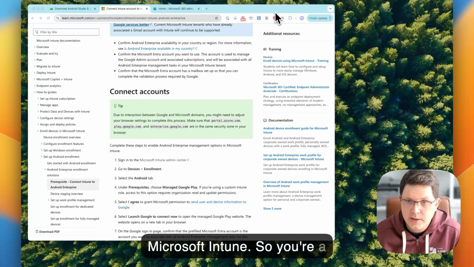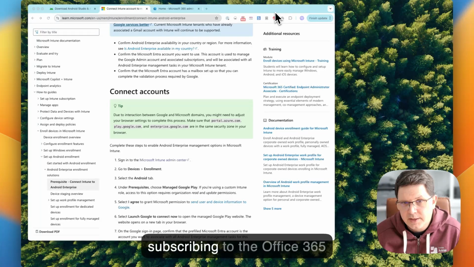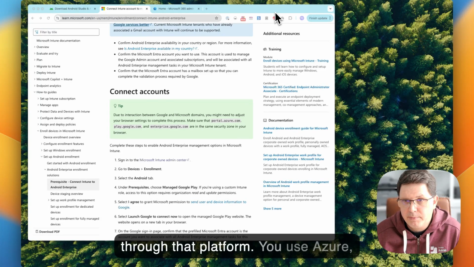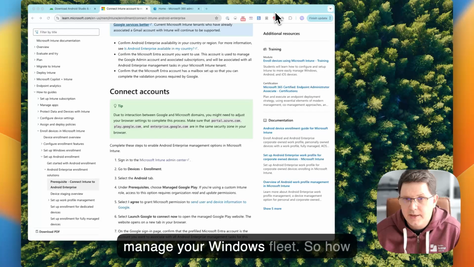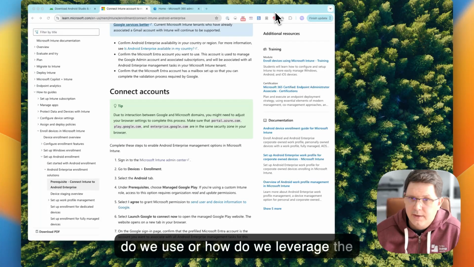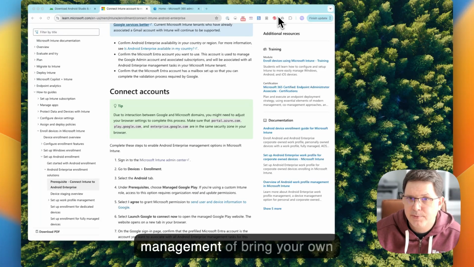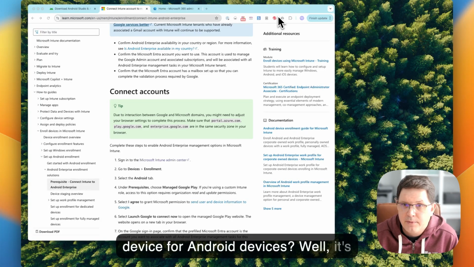So you're a Windows subscriber, you're subscribing to the Office 365 ecosystem. You have your email through that platform. Maybe you use Azure. You're already maybe using Intune to manage your Windows fleet. So how do we leverage the Intune ecosystem for the management of Bring Your Own Device for Android devices? Well, it's really